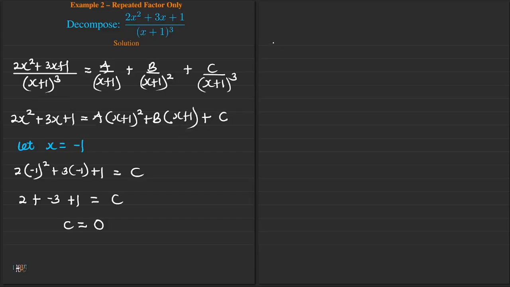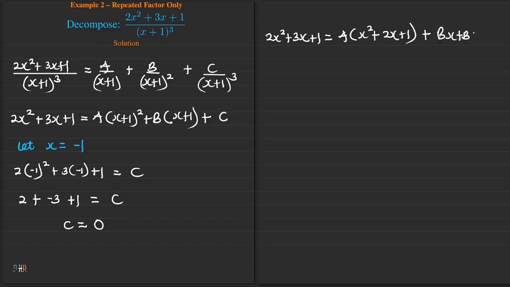And by expanding, our left hand side still remains 2x squared plus 3x and then plus 1. On the right hand side, we have a into bracket x plus 1 all squared, which gives us an x squared plus 2x and then plus 1. Then plus the b times all of this gives us a bx plus b, and then we have our plus c. So expanding this bracket as well, we have our 2x squared plus 3x plus 1, which gives us a